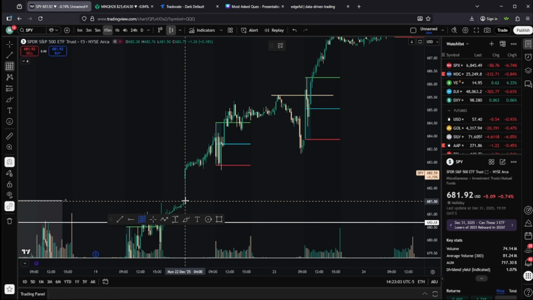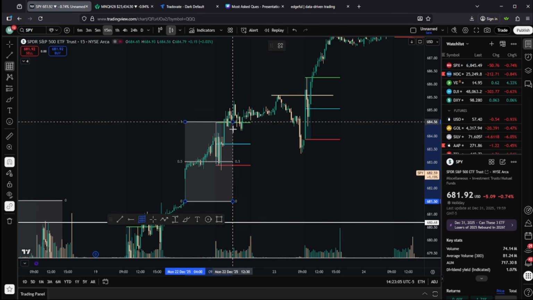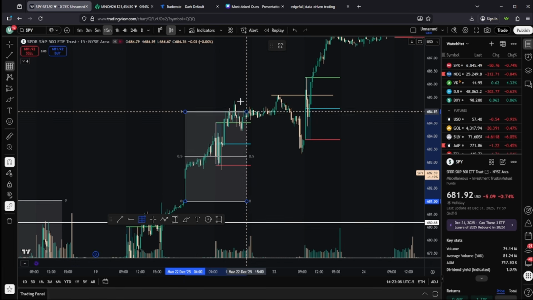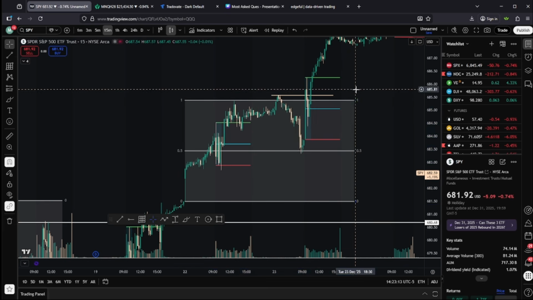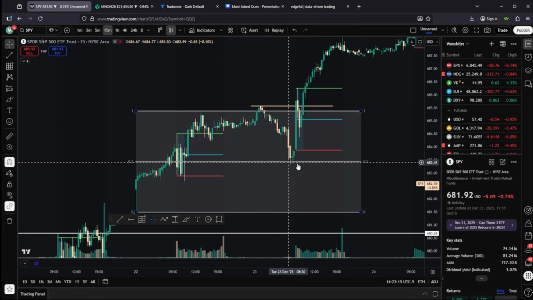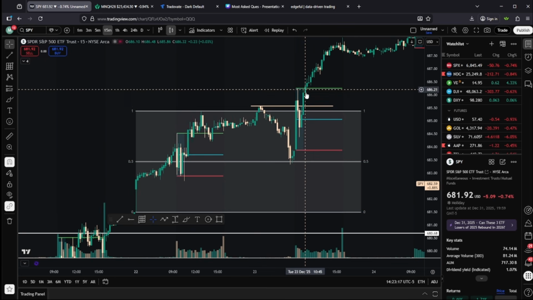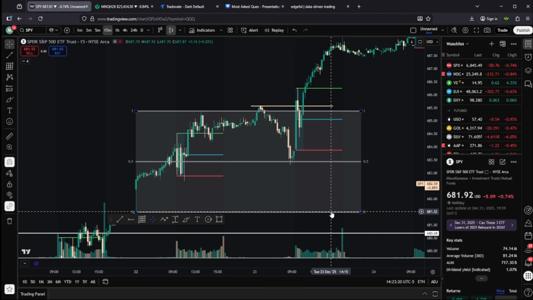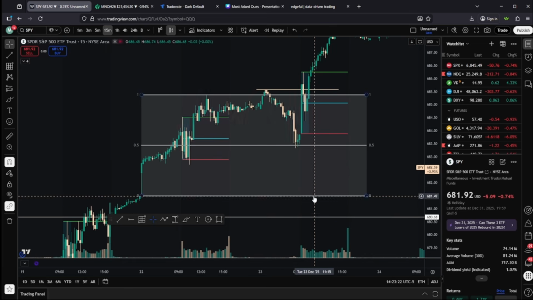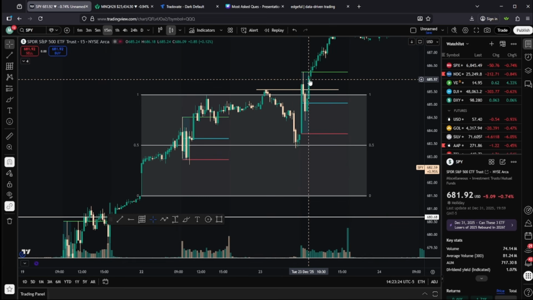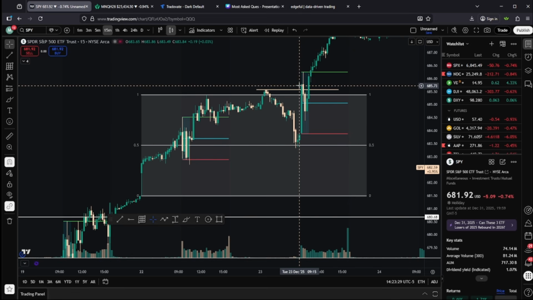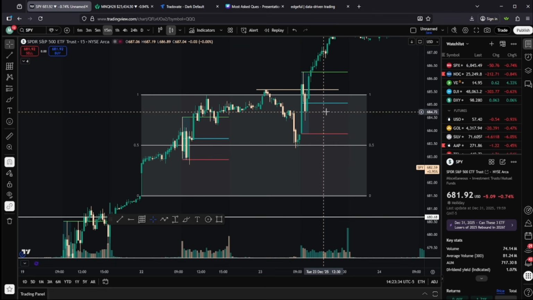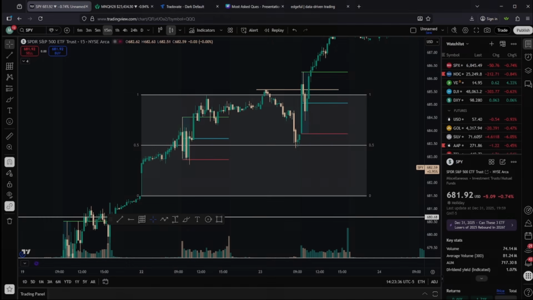For Monday, December 22nd, our low was made right at 4 a.m. and our high was made, looks like, at 12:45. Drag that out to the right, and you can take entries off previous day's 50 pre-market. You can take entries off previous day's high or previous day's low. I like to take sweep entries, meaning that the candle sweeps over previous day's high or previous day's low, and then look for the candle to either make a wick and close under. This is on the 15-minute time frame, or look for the candle to just have a continuation.